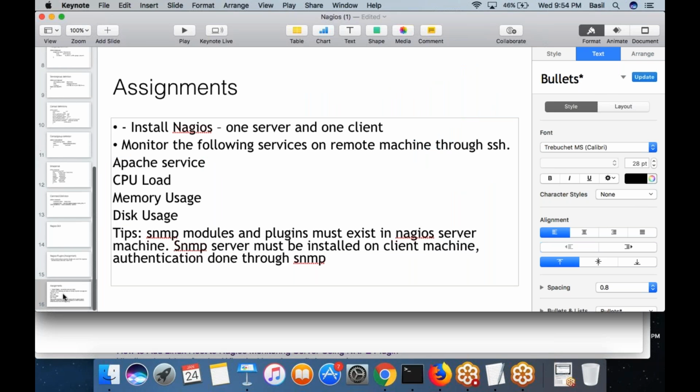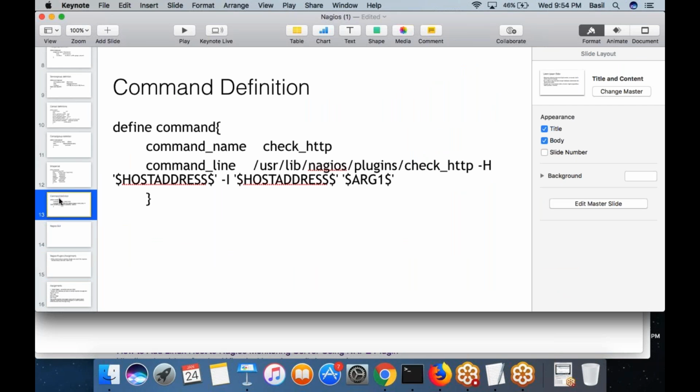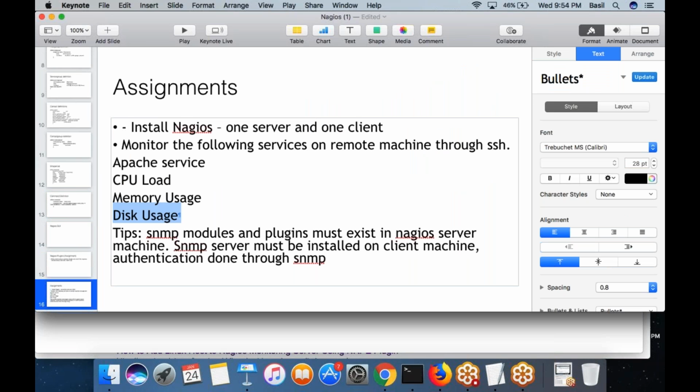So this is what I want you to do as an assignment for Nagios, right? Basically, visualize it. You don't need to practically work out each and every service. In the previous infrastructure, there are lots of them. Apache is there, Tomcat is there. Then the WordPress file, you need to check if it is fetching the WordPress web page. Then you want to check the SSH services. There are many services that you want to monitor. Don't focus much on that. Only monitor these services, but create the host groups.